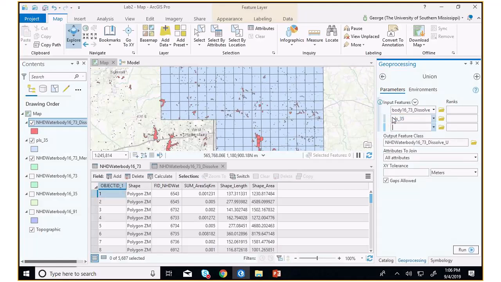I'm going to call this output union test. I'm going to have it join all the attributes. You can alternatively go in here and say that you only want to do the feature ID attributes, but I want all the attributes. I'm going to run it,